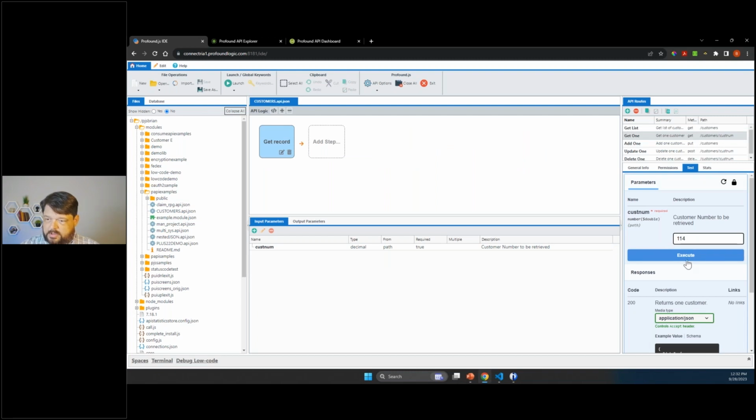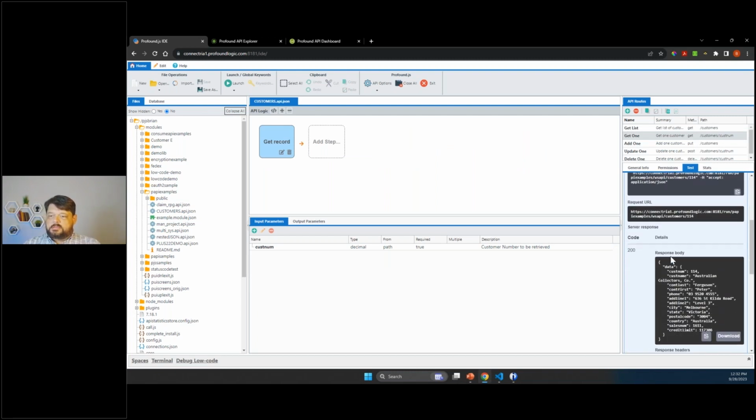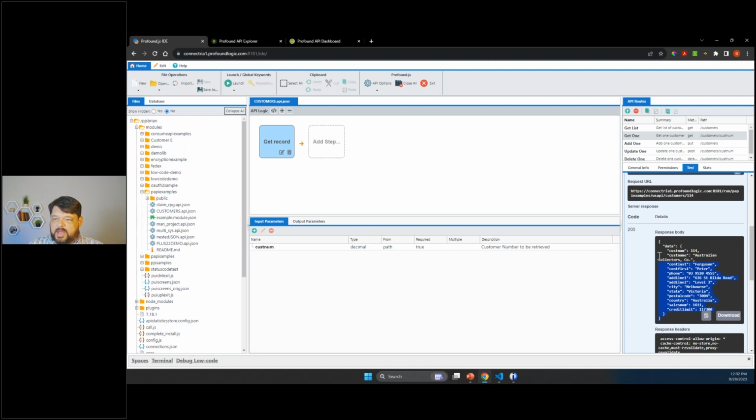So let's go to this one and we'll just run this for 114. There we are. Execute. And here is the data that came back. So we have that data object with our customer data all right here within our JSON response. If I weren't talking and didn't go in and add some descriptions and things like that, I could have taken this table and API enabled it in what, 3 clicks, 30 seconds or so.